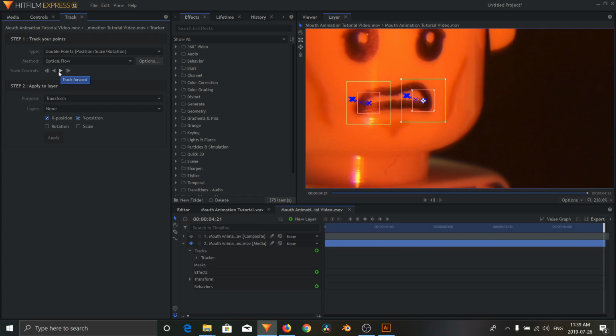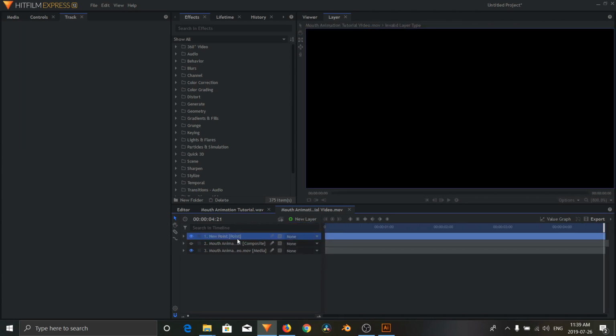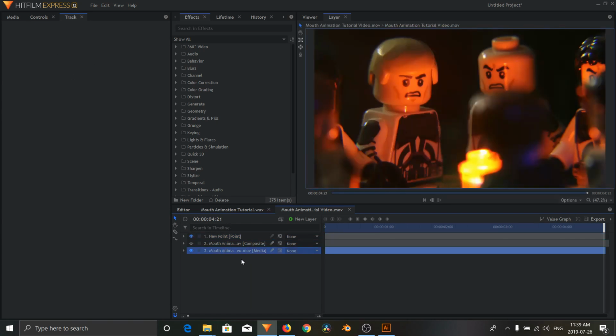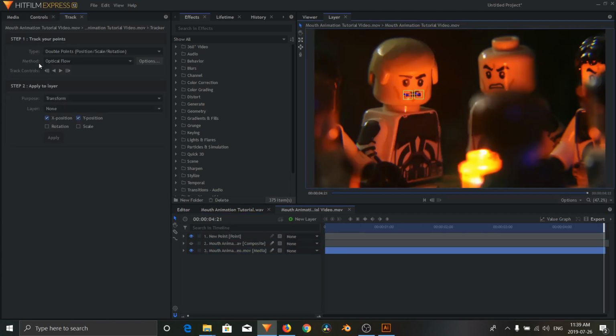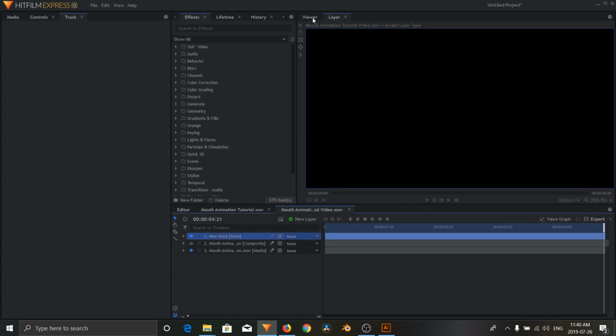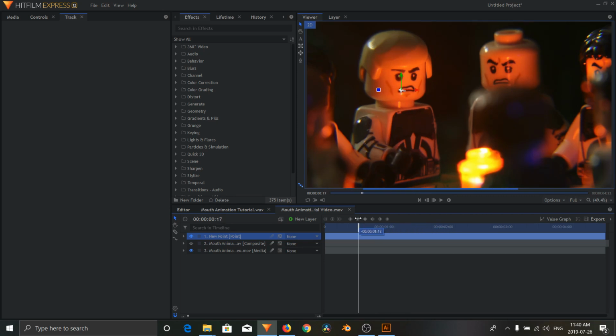Sometimes you may have to go in and manually adjust it yourself if there's big movements, but for this one I didn't have to do that. Now what you can do is click new layer, point layer, and go back to your track, click on your video, go to controls, double click on tracker. Now click on this rotation, change the layer to your new point layer. Now what you're doing is you're applying this motion that you just tracked to this new point layer. So click apply. Now this new point layer, if you go back to the viewer tab, is following my character's